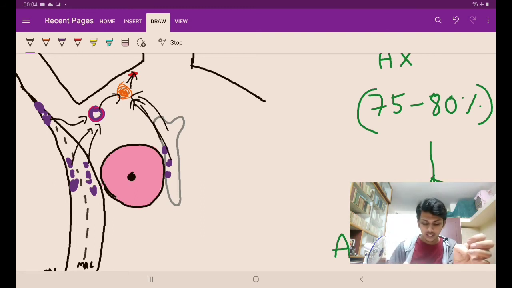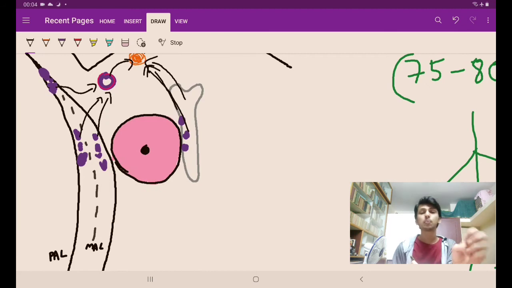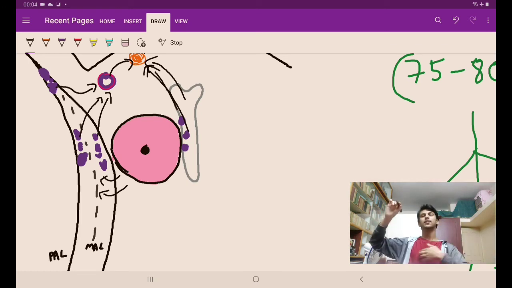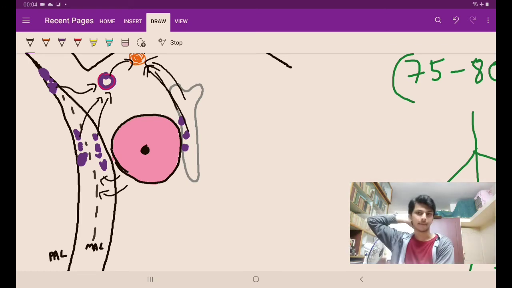Okay, now see, there are also posterior intercostal lymph nodes. Drainage happens to the posterior intercostal lymph nodes like this. Posterior intercostal lymph nodes are basically in the intercostal space behind, at the back. So the lymph goes there too. From here it goes there. Okay, now it has become like this, guys.